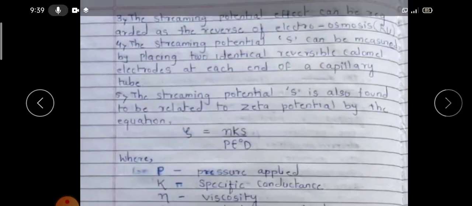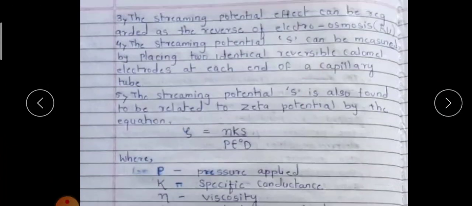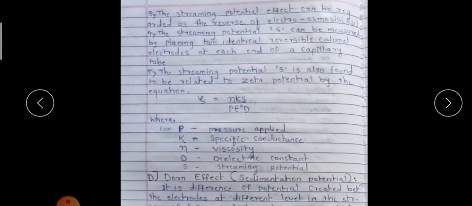In the streaming potential, the potential difference that arises across a capillary pore or membrane when a stream of liquid is forced through it is called the streaming potential. That difference you have to remember. Then we have seen that the separation of the oppositely charged layers of the electrical double layer due to the forcible passage of liquid results in a difference of potential between the two sides of the membrane or the ends of the capillary tube. The streaming potential is the reverse of electroosmosis.